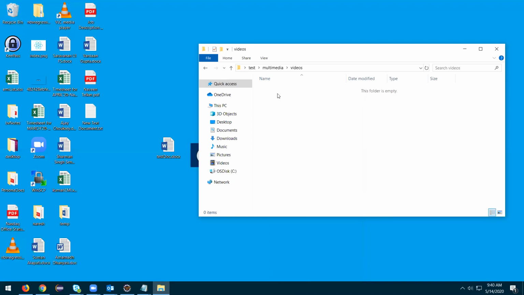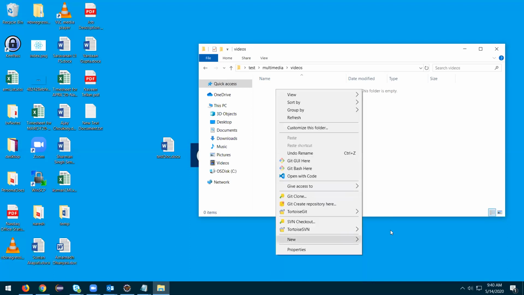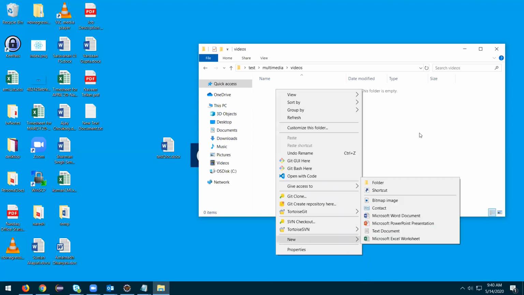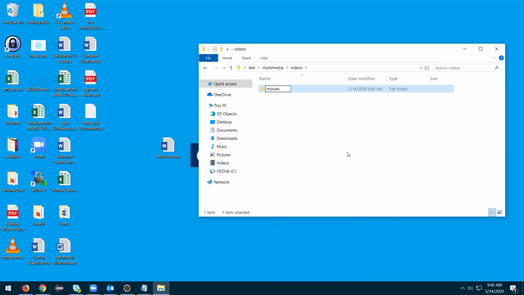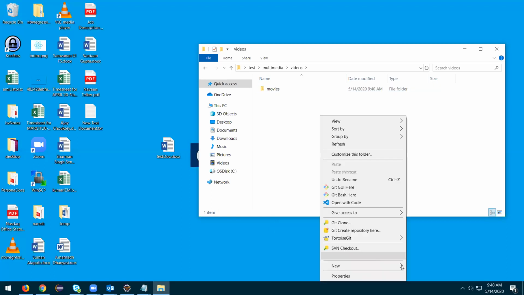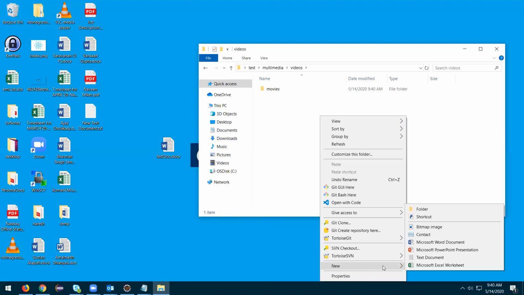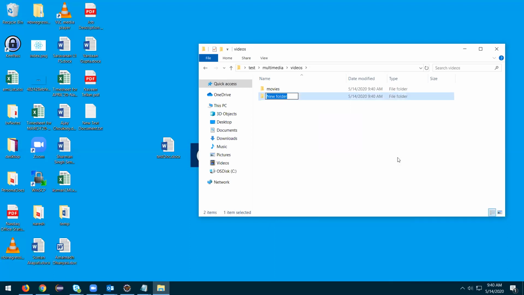So if I create two folders, movies and personal videos, the relative path basically specifies the location. So basically, we'll create different folders to save different parts of the application.